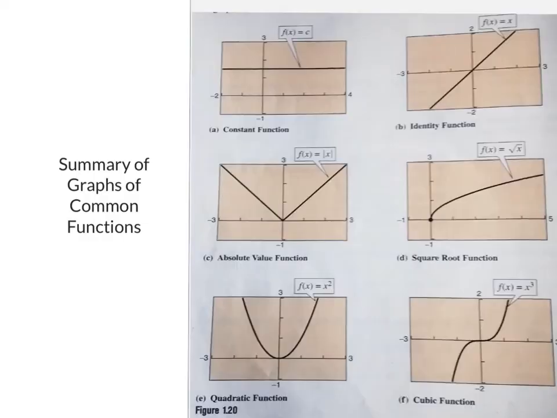What you see is a summary of graphs of common functions. In the first one, where it says the letter A, that's considered a constant function. And we know that it's constant because there is no change in that graph. It's just a horizontal graph. The identity function, I typically call that the parent